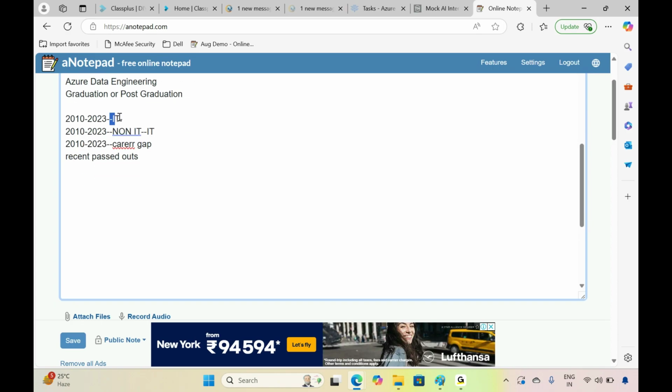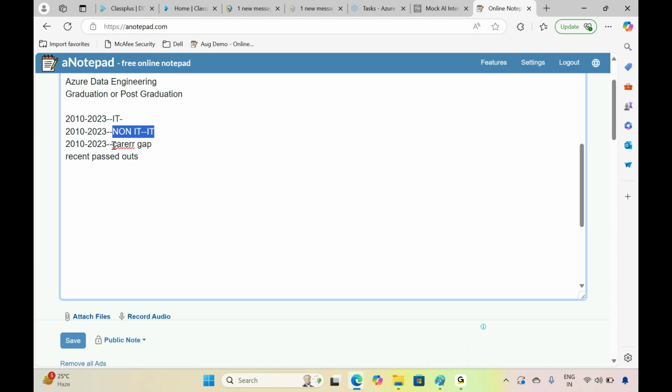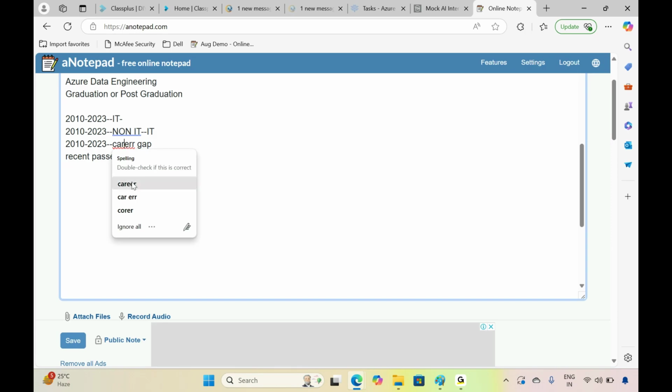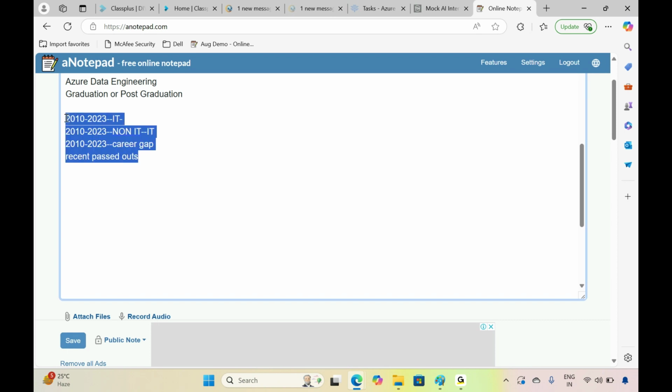Either they are already working in IT and now want to learn Azure Data Engineering, some people are trying to move from a non-IT job to IT, some people have a career gap and don't have any work experience anywhere, and some people are recent passed out freshers. All these kinds of people are eligible to learn this Azure Data Engineering course.